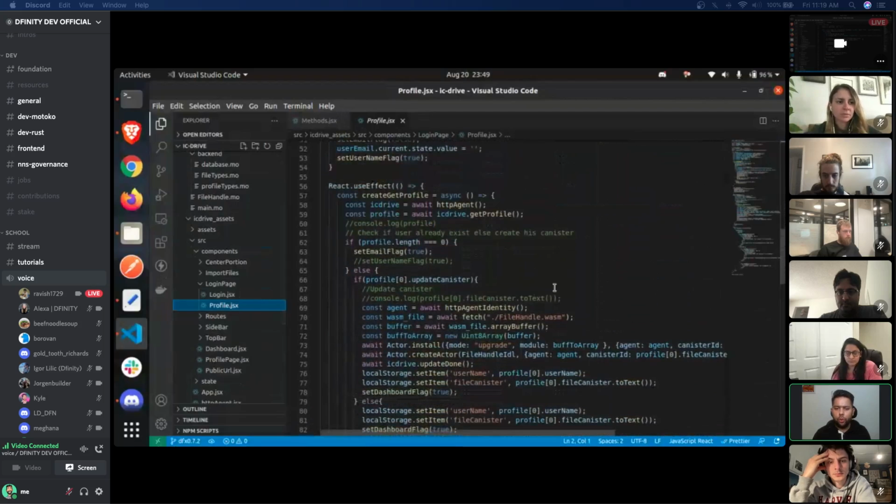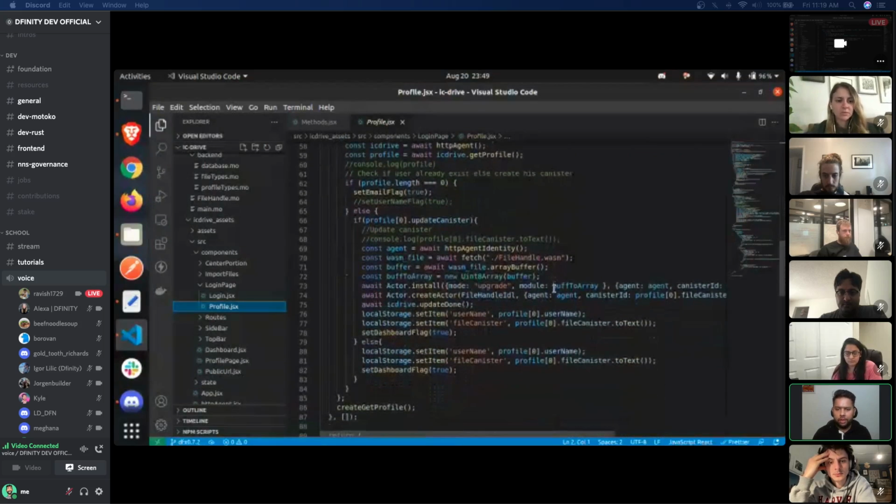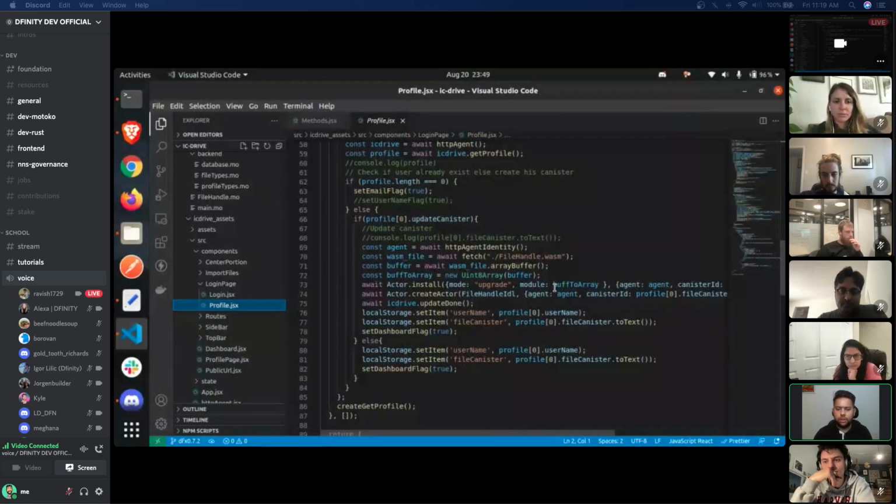Right now we do have two controllers here. One is the admin of IC Drive and the other is the user controller. But the admin's sole purpose is to provide future updates. The user can have an option in future to remove the admin as well, on the trade-off that he won't be getting any new updates that will come to IC Drive in the future. Yeah, thanks, Nandit.